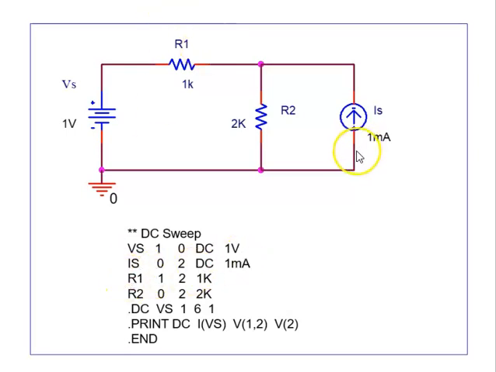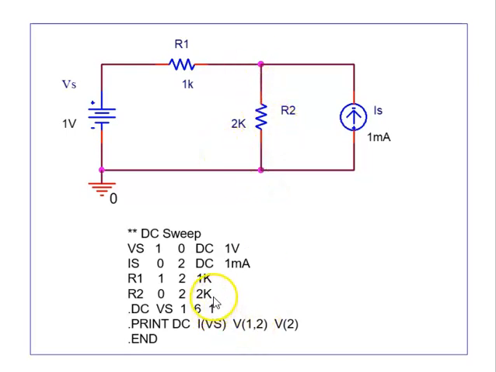Then there is a current source between node 0 and node 2, that is, current flows from node 0 to node 2. It is also a DC source and its value is 1 milliampere. Then there is a resistance R1 between the first and second node, its value is 1 kilo ohm. Then there is a resistance R2 between node 2 and node 0, its value is